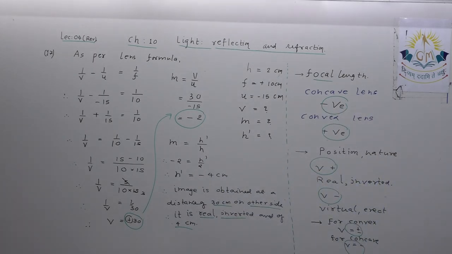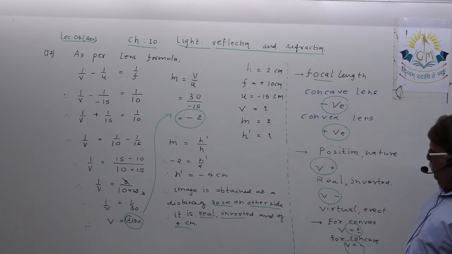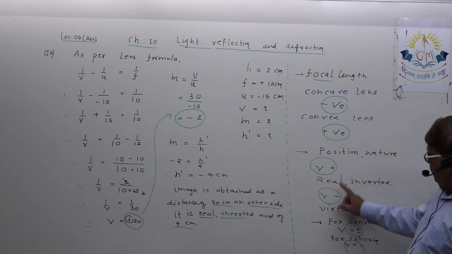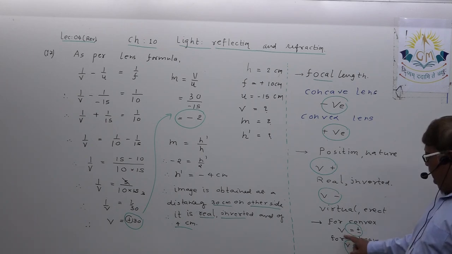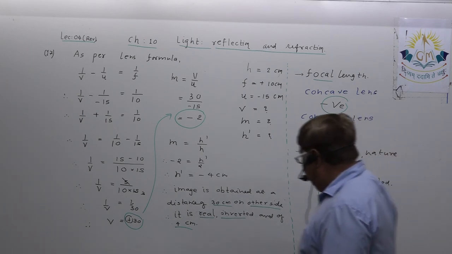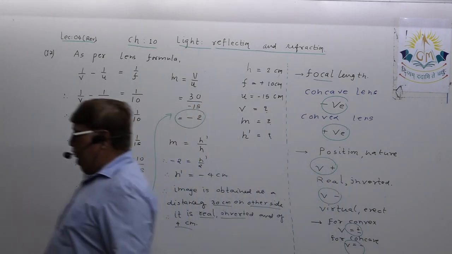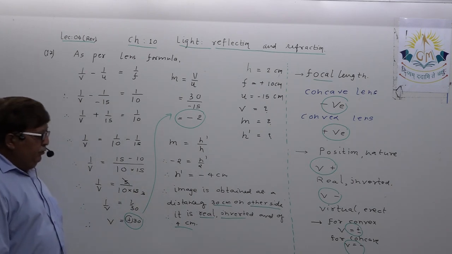Understand some basic facts: concave, focal length negative; convex, focal length always positive; V plus, real inverted; V minus, virtual erect. For convex, V can be positive and negative, but for concave, V is always going to be negative. Okay. So, dear student,